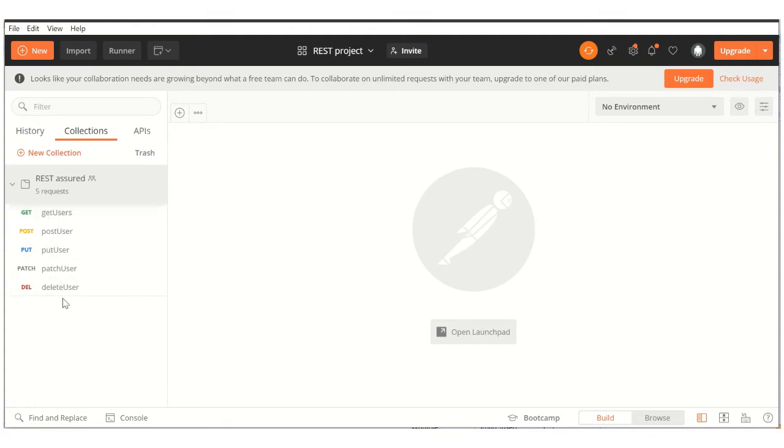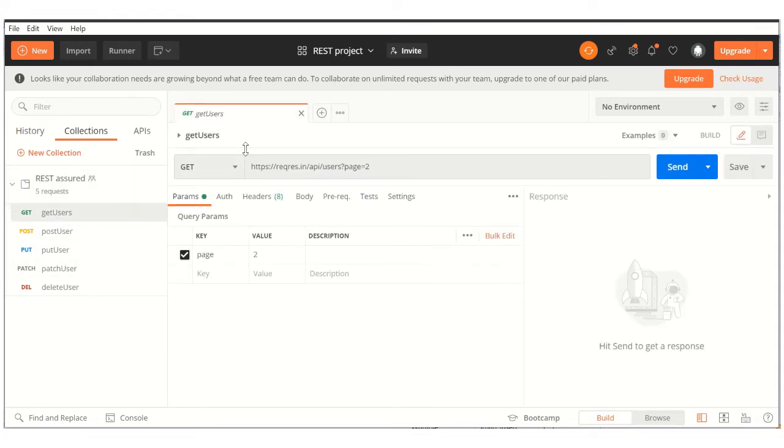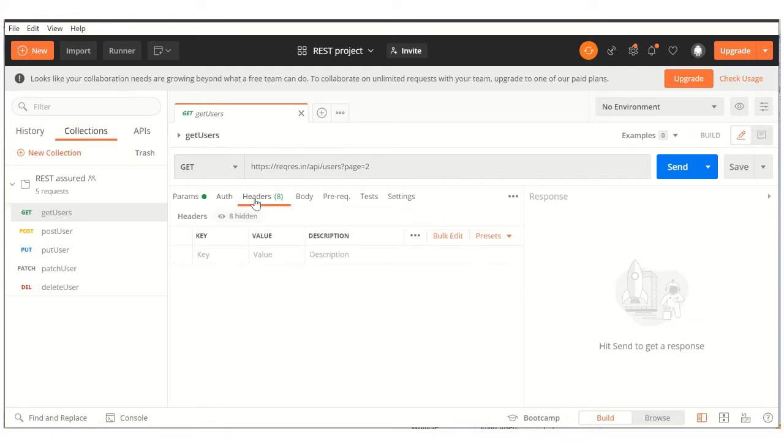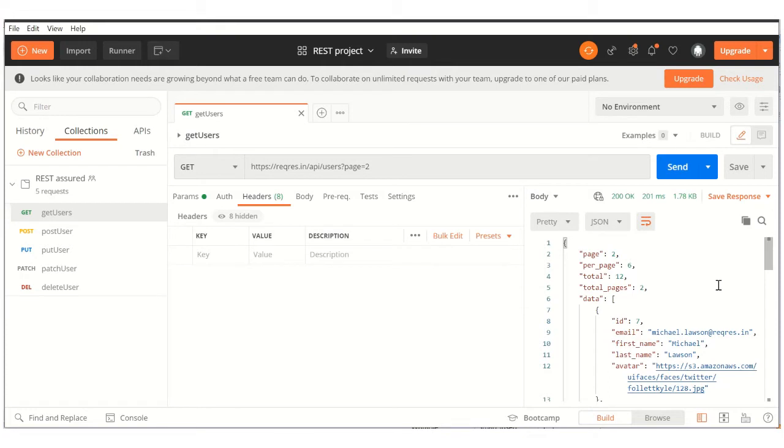So these are the types of requests which we are seeing, on how we prepare them and run them using REST Assured. Let's have a look into get users, which is using a simple GET method, and this is the URI. This request doesn't have any headers or authentication. Normally, if your project has them, you have to fill in these fields. And now I have run this request and it has returned the response.